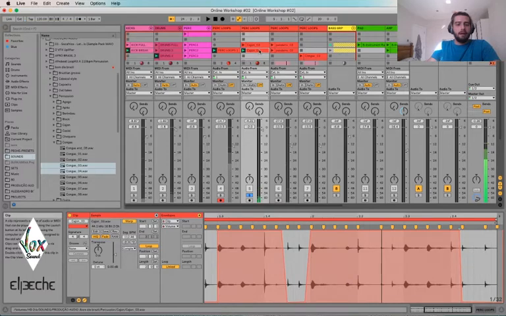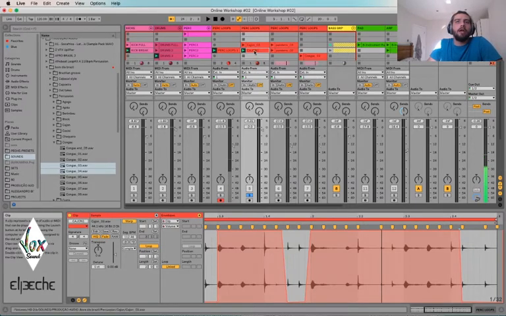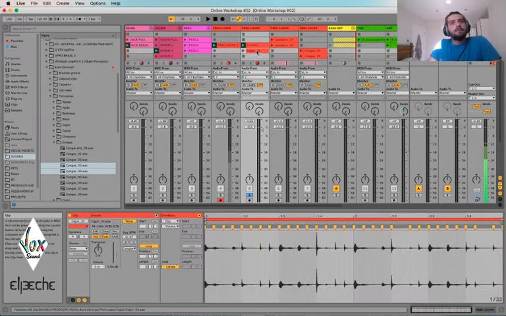So now I've got this, and I'd probably rename it as Cajon 1. For renaming stuff, you either right click and hit rename, or you do Command R or Control R on top of anything. It works for channels as well. This would be maybe the Cajon full, because I haven't messed with it. And then we do the same thing